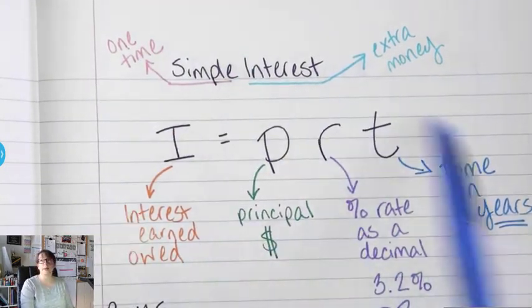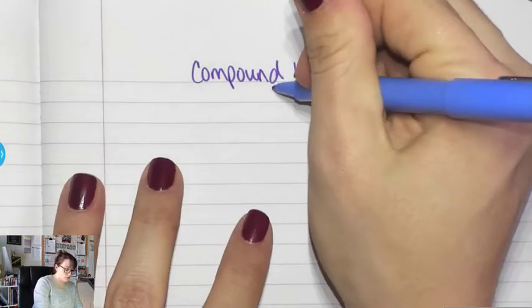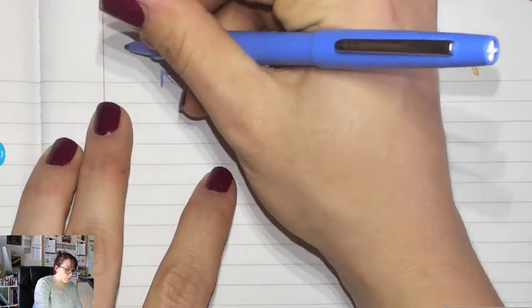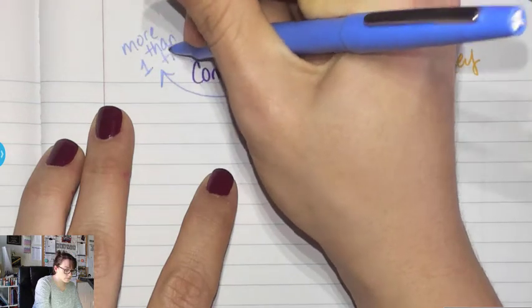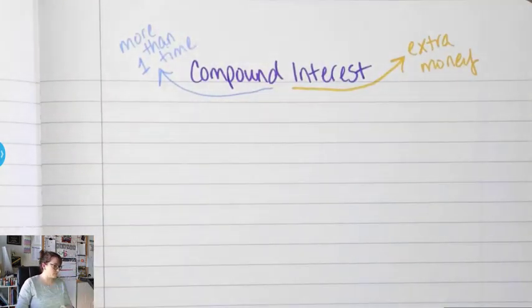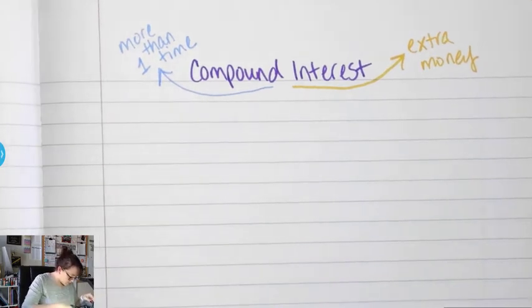We did this one time. Compound interest is repeated. It's more than one time. I'm going to show you two ways: one with a formula, one with a table. It's probably going to take 2 pages just because it takes up a lot of space. So, the formula part is